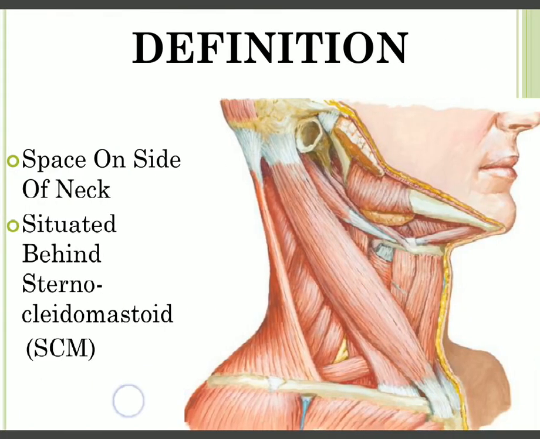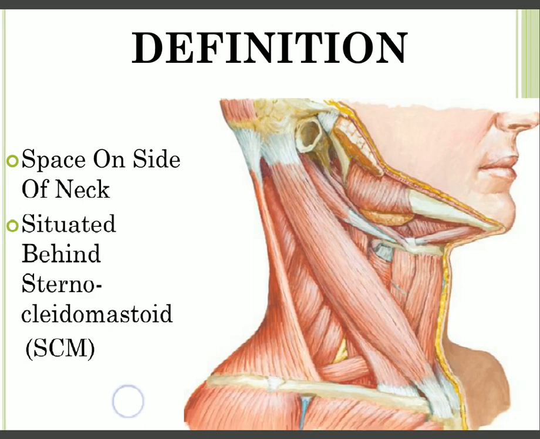So the posterior triangle is a triangular space on the side of the neck and it lies behind the sternocleidomastoid muscle. This is the sternocleidomastoid muscle. So behind this muscle there is a triangular space on the side of the neck which is referred to as the posterior triangle of the neck. The boundaries of this triangle,